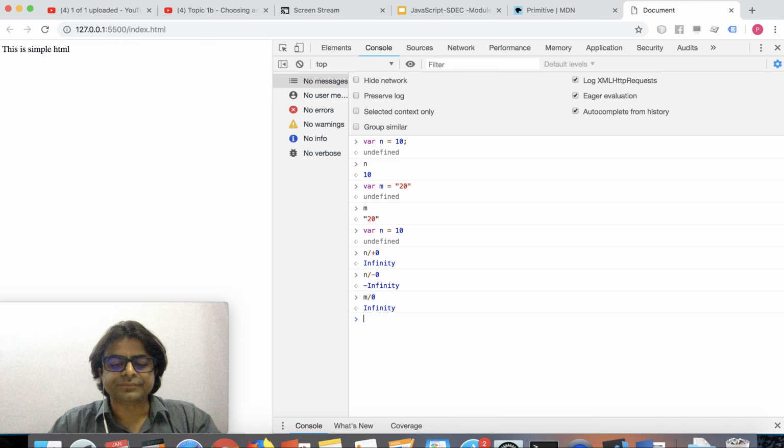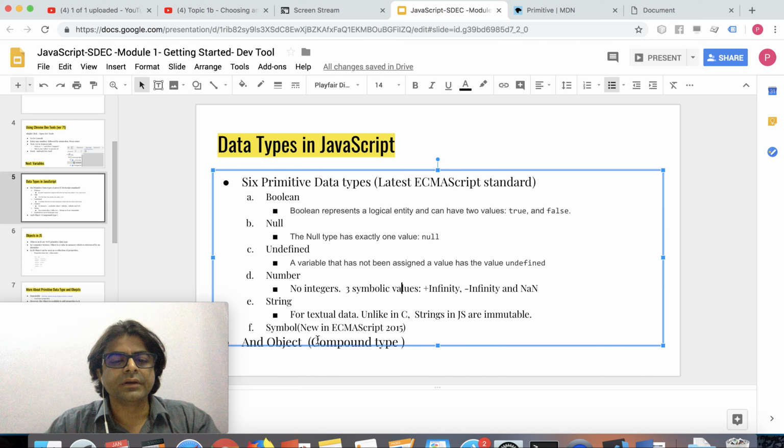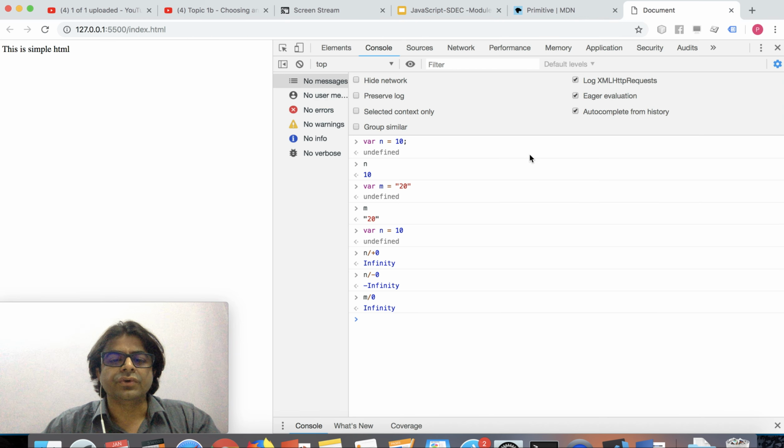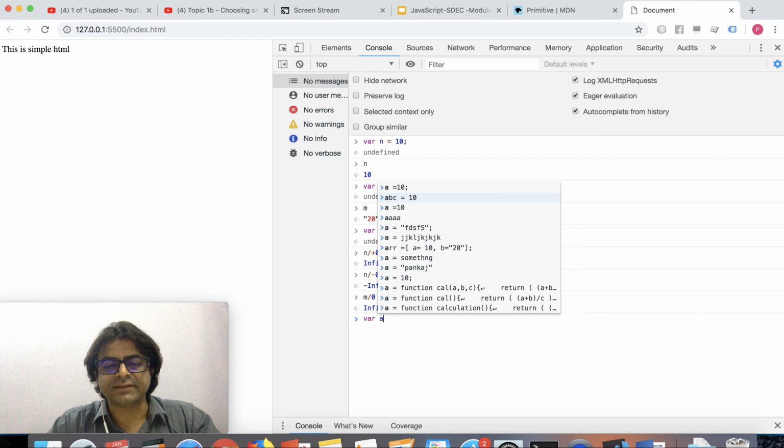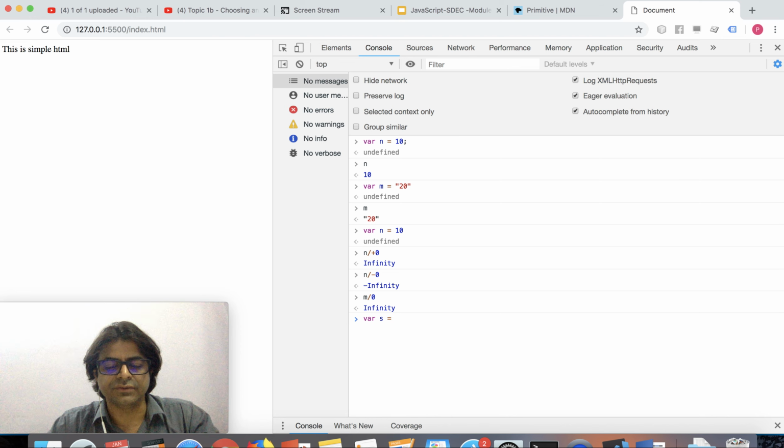Let's go to the next one. Let's study the data type string. String is about textual data, and unlike in C, strings are immutable. Now it's time to talk about what is immutable. So let me declare a string. var is the keyword that you use to declare a variable in JavaScript. So I go ahead and say var s, just for the string's sake, and use this. This is a string,